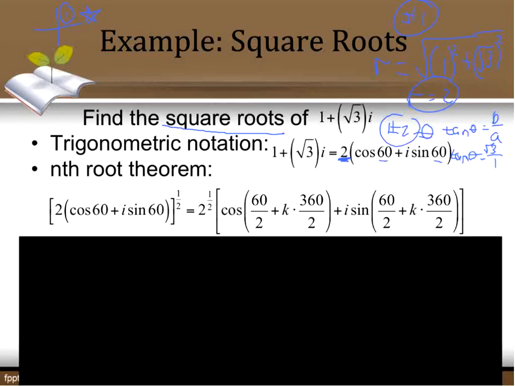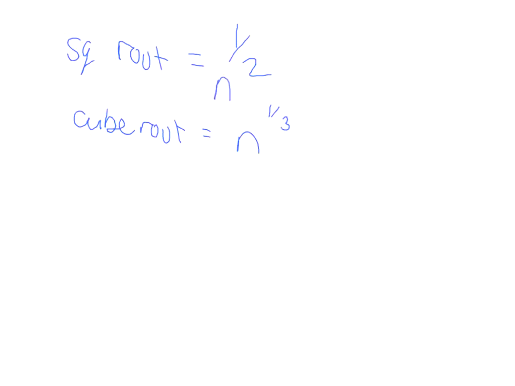Do you guys remember what a cube root is? So square root is a 1/2. What's a cube root? 1/3. What's the fourth root? 1/4. Because remember, if here's your square root,